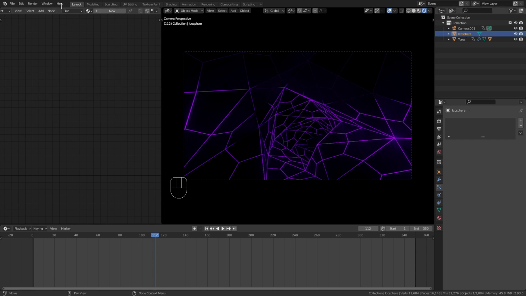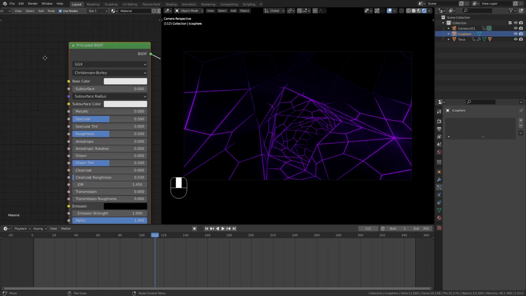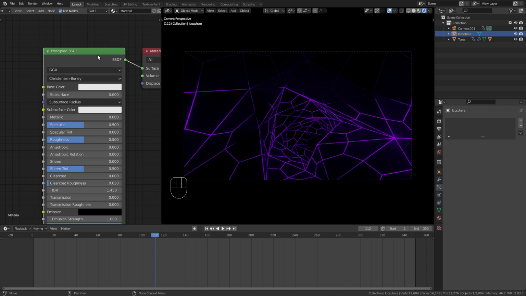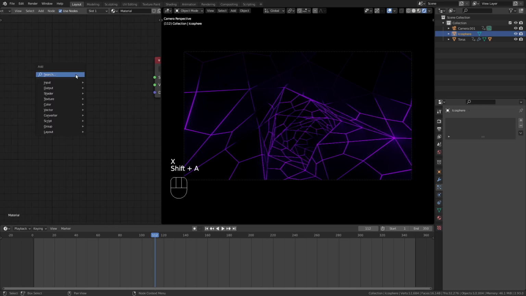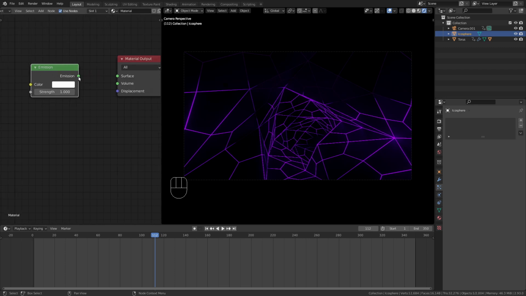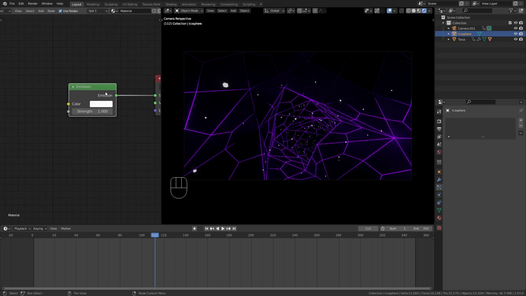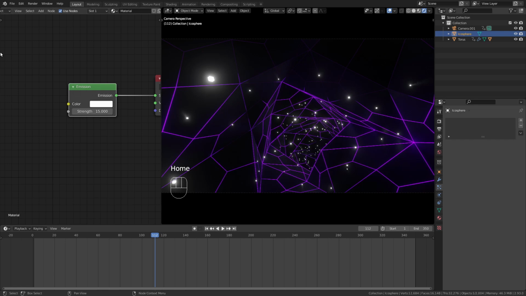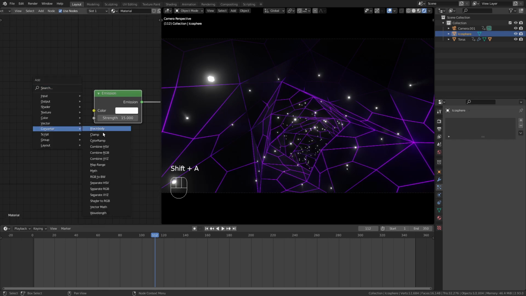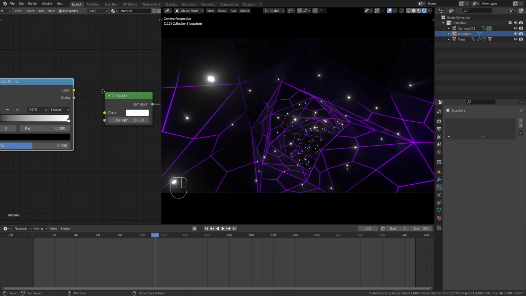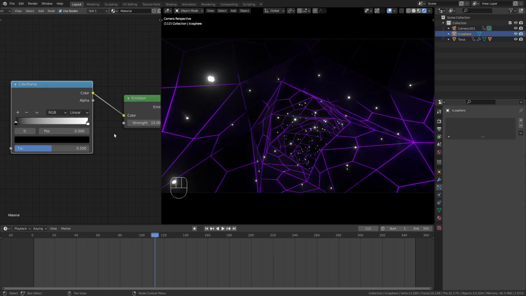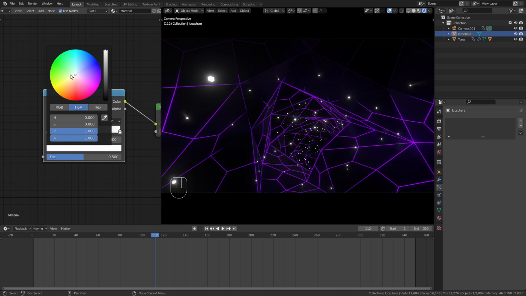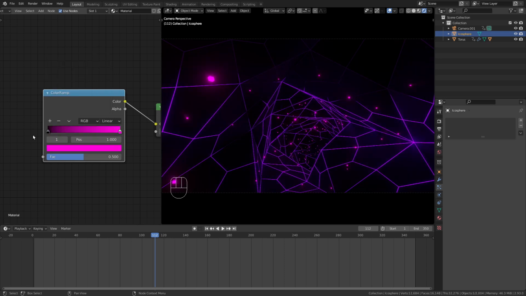So let's select the icosphere, the shader editor, give it a new material. Then let's delete this principled BSDF node and instead bring in an emission shader. Plug this into the surface, say strength of 15. And I don't want all of them to have exactly the same color. So I bring in a converter color ramp node, plug this into the color, and let's give it a gradient between purple